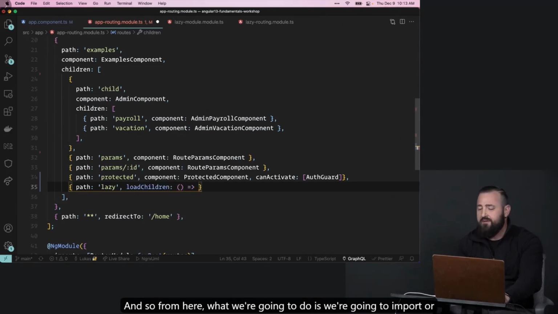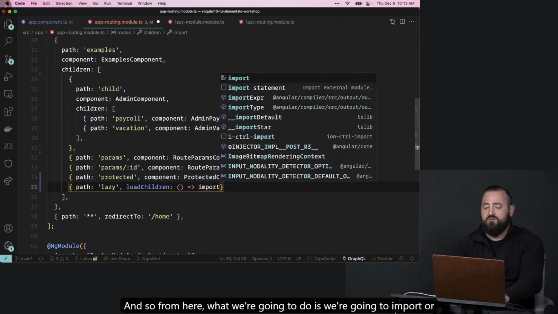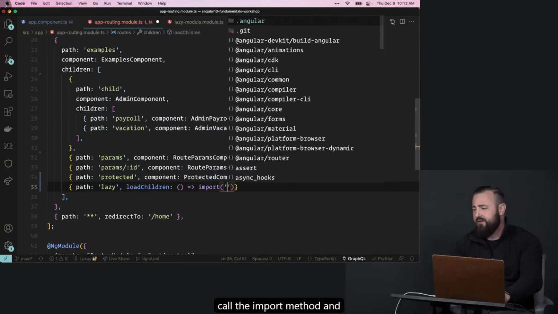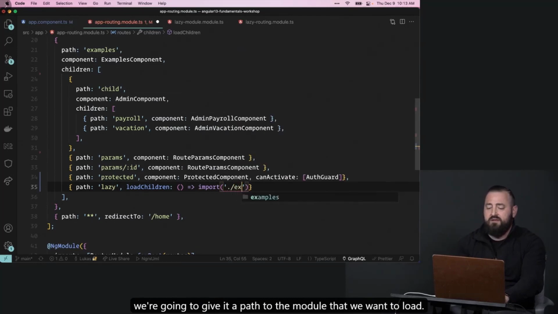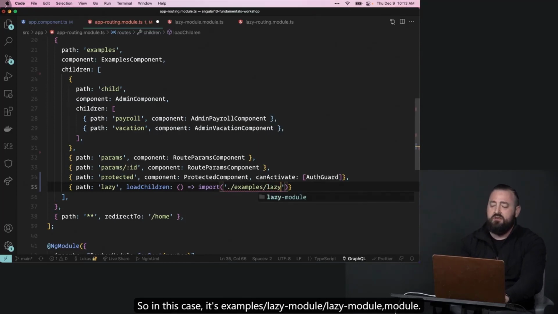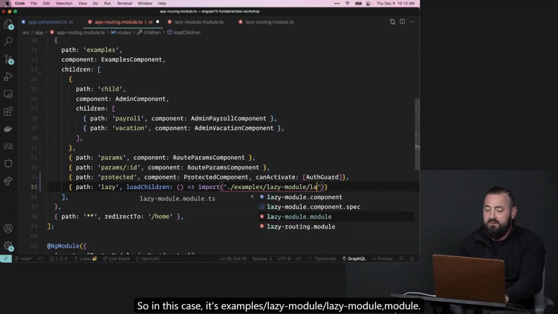And so from here, what we're going to do is call the import method, and we're going to give it a path to the module that we want to load. So in this case, it's examples, lazy module,